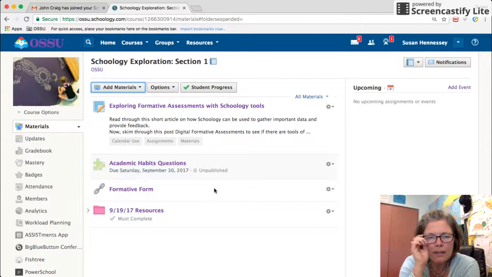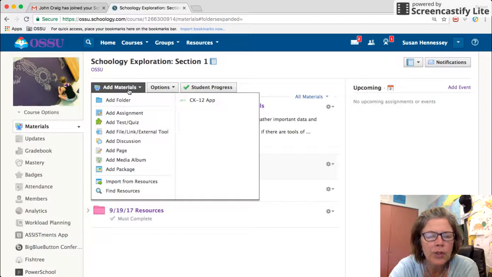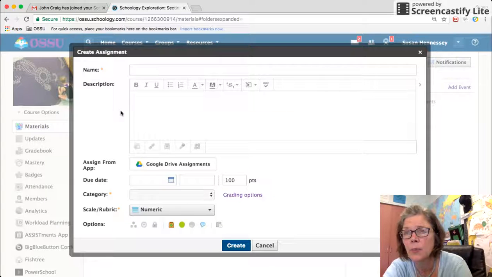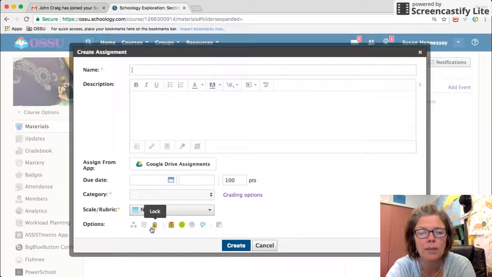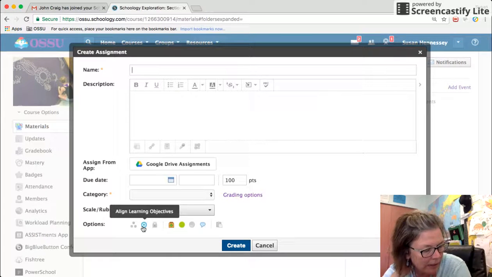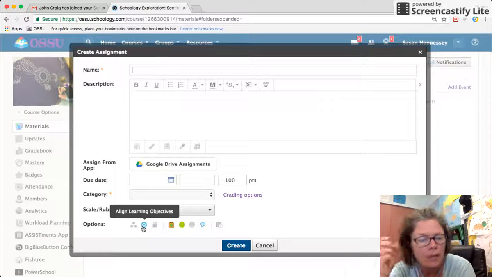So here, I'm going to do a quick demonstration about how to, when you're creating an assignment or a discussion thread or even a quiz question, and you want to align a learning objective to that. So there are two ways to go about doing that. And the first way I'm going to demonstrate means that when you go and give a student a score, the